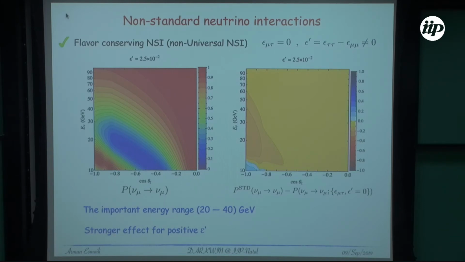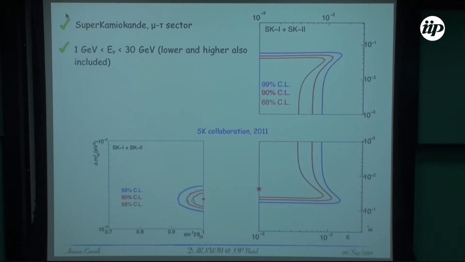You can show it analytically. And the effect is usually weaker, so it's more difficult to look for this epsilon prime. There are limits from Super-Kamiokande on this epsilon. You can see that in the plane of epsilon mu tau and epsilon prime, there are limits on the values of these two